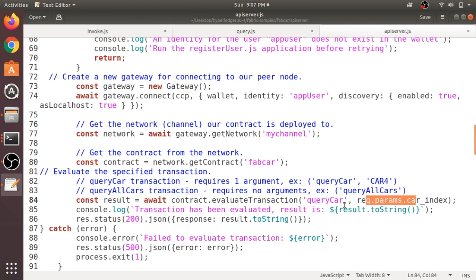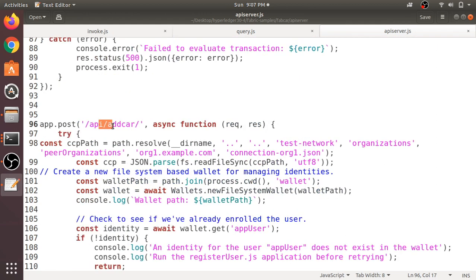Then the third function is a POST function. It is a POST method, so it is going to add a car. We need to pass the details of the new car to /api/addcar, and in the corresponding /api/addcar function, it will do all the process of getting the certificate, etc., and it will call submit transaction, create car, with all the required details.